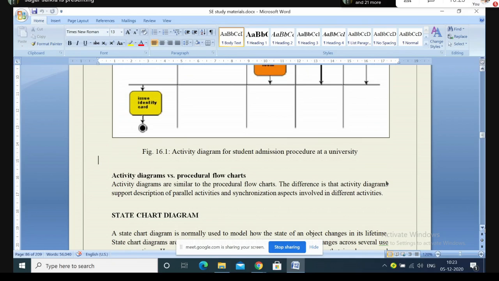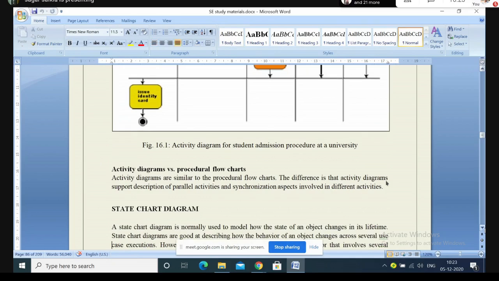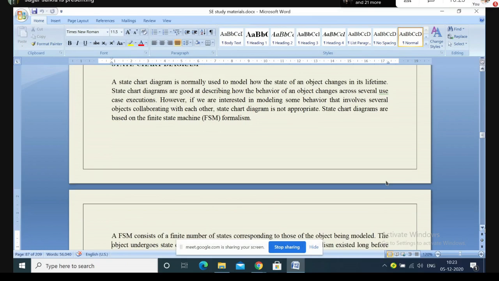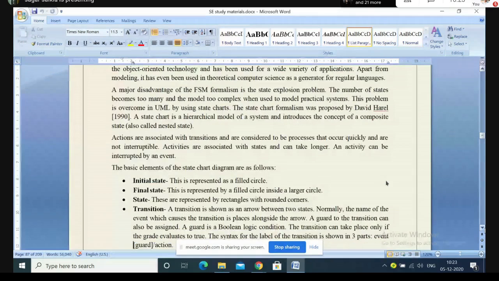Okay, then next comes the state chart diagram. Now this is basically used by finite state machines that you have done in TOC. A state chart diagram is usually used to show the state of an object that changes with respect to the inputs received. You don't have this actually in your syllabus, but just if you remember